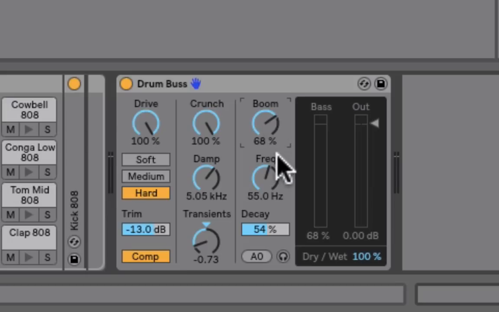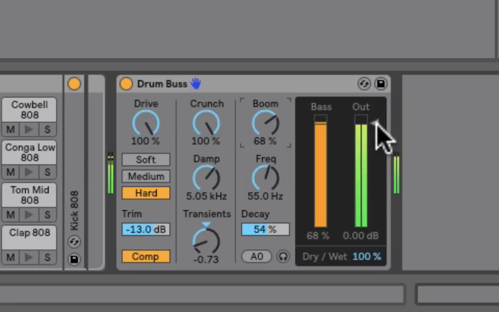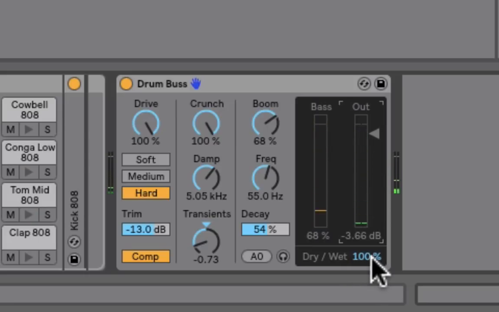And the last few things that I should be looking at with this device are the output level. I'll bring that back a little. And then the dry and wet value. So I'm currently set to 100% wet, i.e. I'm hearing all of the effect. But where this can get really useful in terms of adding just a little bit of character to an otherwise flat or lifeless drum program is I can apply this dry and wet value much lower. So if I do something a bit more modest, like 10% or say, or I've got it up to 24% now, if I have a listen to that,